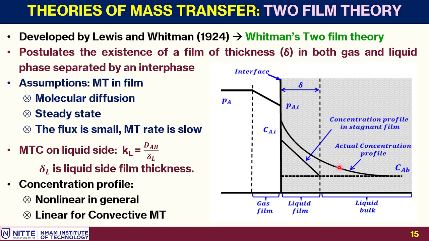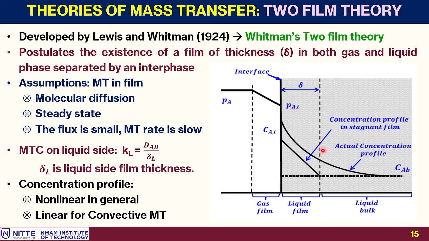In this region, it is a non-linear concentration profile. That's the actual case, but what we consider here is linear. This particular theory assumes a linear mass transfer relation. That is, the diffusion here is linear, but in reality, it will be a non-linear actual concentration profile. So this is what generally happens. This difference is why this particular theory fails to explain many of the mass transfer relations. So finally, at least it is able to tell us a relationship between diffusivity and overall mass transfer coefficient.